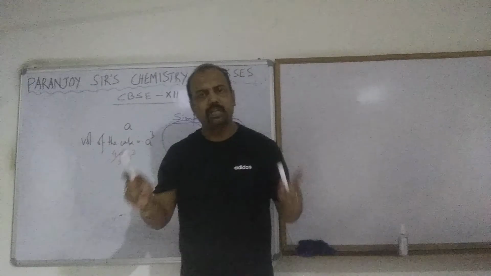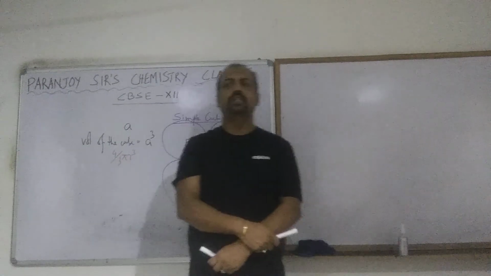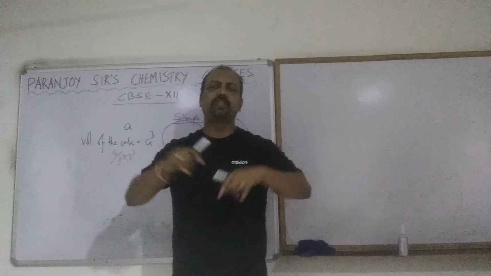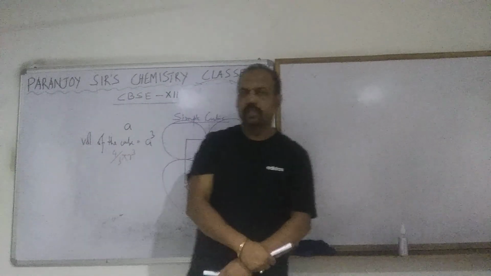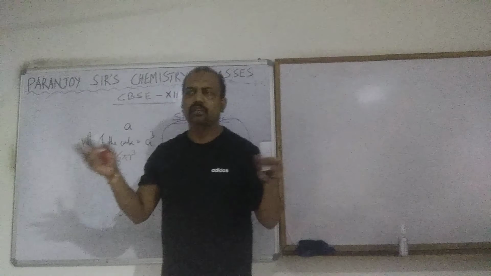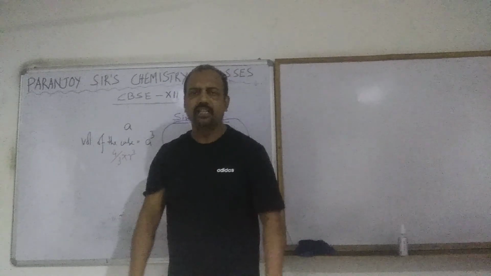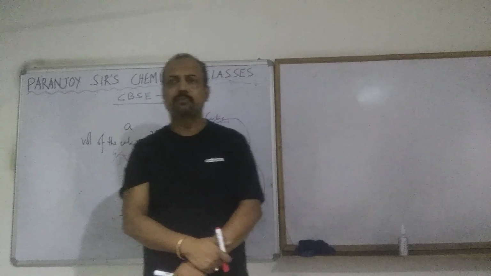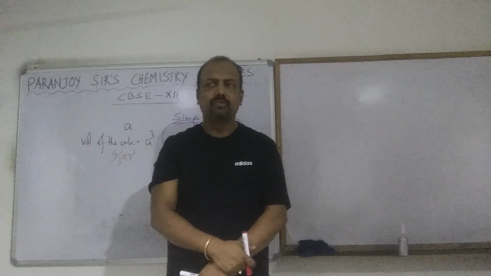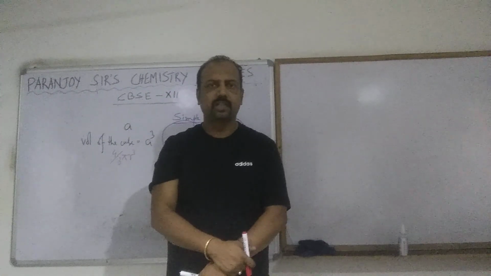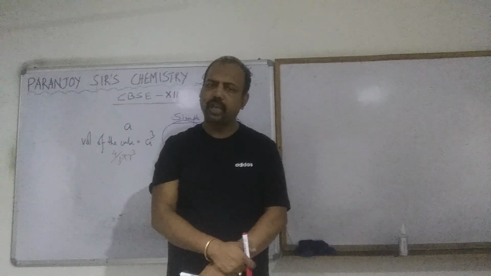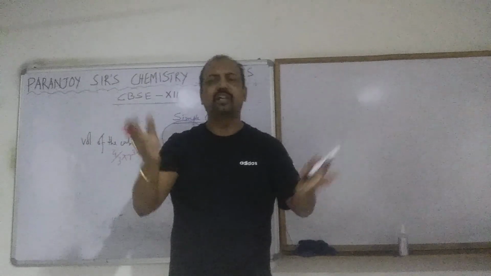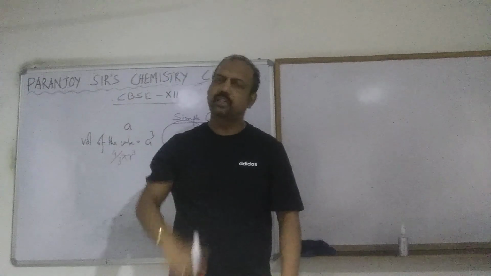Now in a simple cubic structure, in a simple cubic unit cell, effectively how many lattice points are present in the unit cell? We had done it last day. In a simple cubic unit cell, effectively, how many lattice points are present? Only one. Yes? 1/8 into 8. We had done it or not? So effectively there is only one sphere present in the total unit cell.